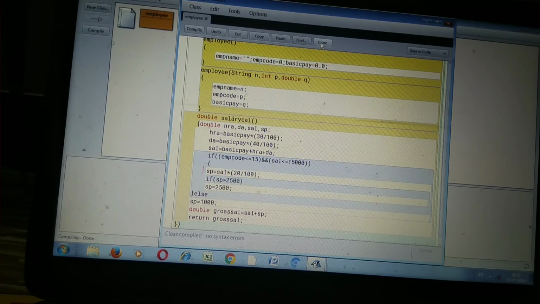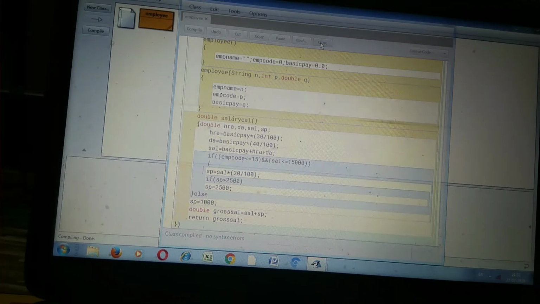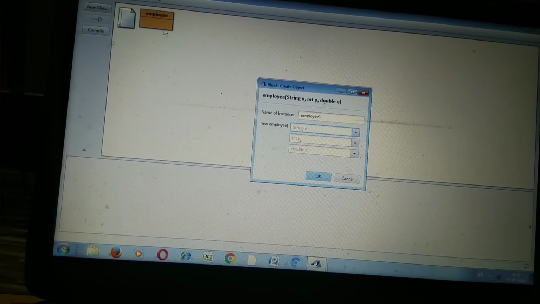Now close your source code window and right click on Employee, your class name. Select new Employee. In the first box you have to give the string type value, in the second box the integer value, meaning employee code, and third is the salary of the employee. The string value goes within double quotes.